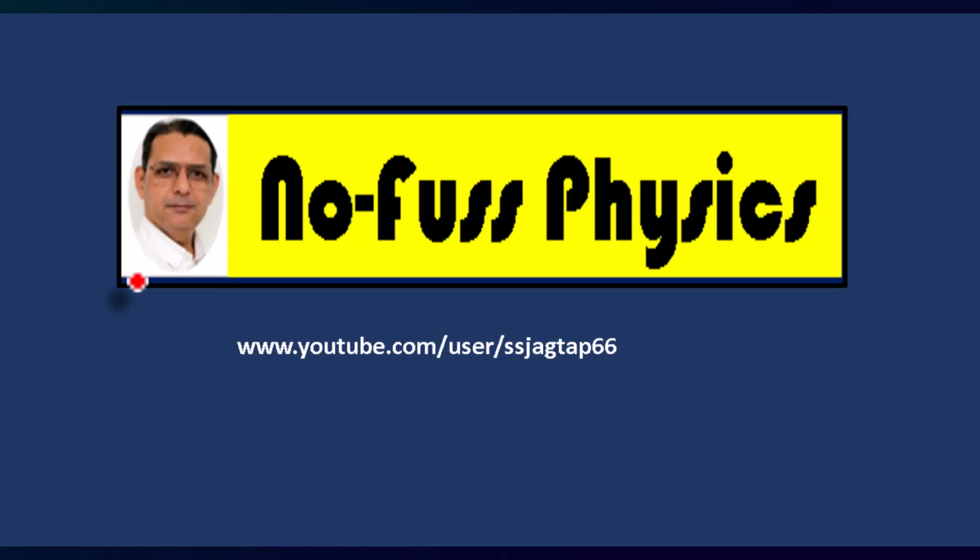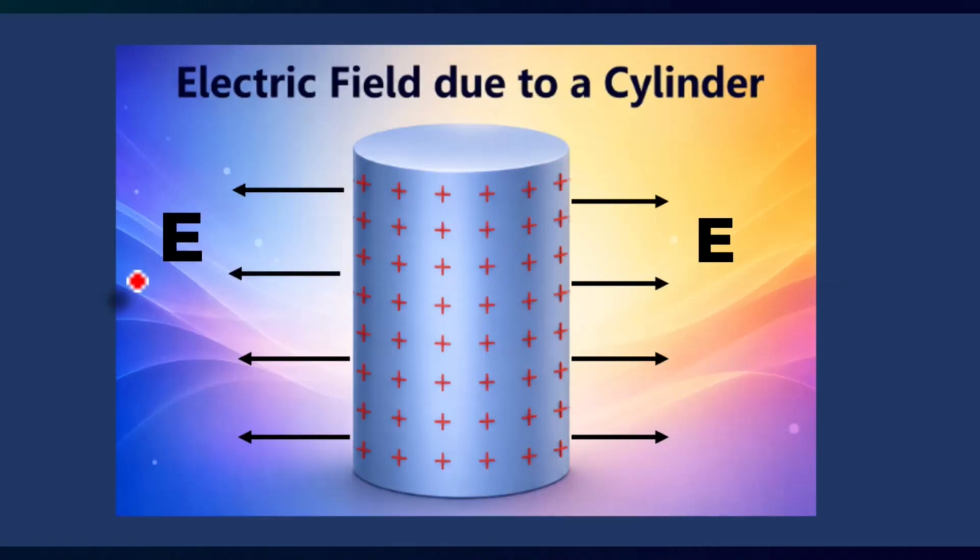In the previous video, our discussion was on electric field due to cylinder when the charge is on the surface of the cylinder. What will happen if the charge spreads throughout